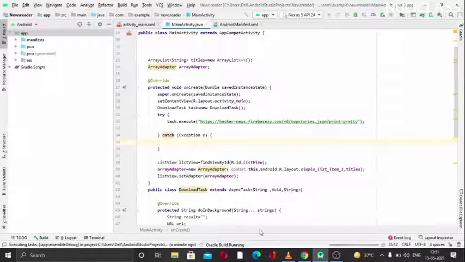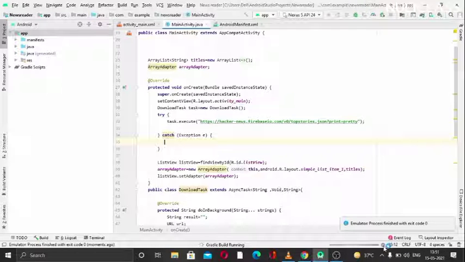So this is working, just give it a second. I think I have closed the emulator. I will start again.